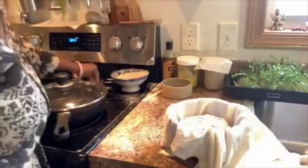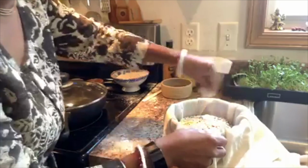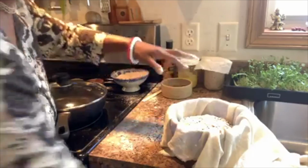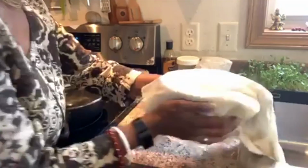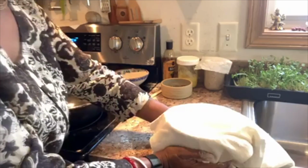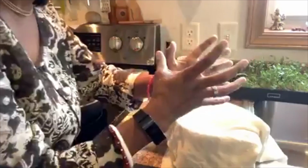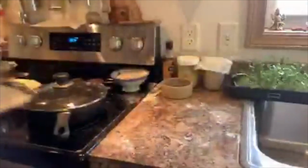This is to prevent it from sticking to the fabric. I've seen sometimes people put some more flour at the edges, but I don't find that it's necessary. Then go ahead and cover this. This goes into the fridge to develop the structure, tighten the structure, and then slowly let it rise. So I'm just going to put this aside